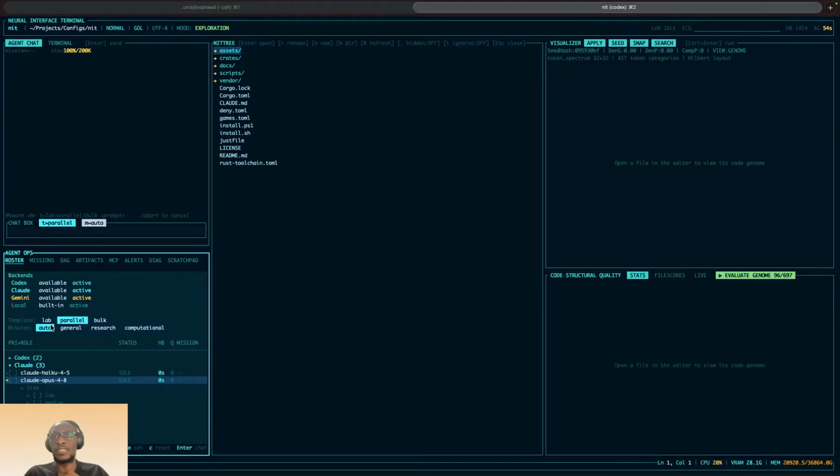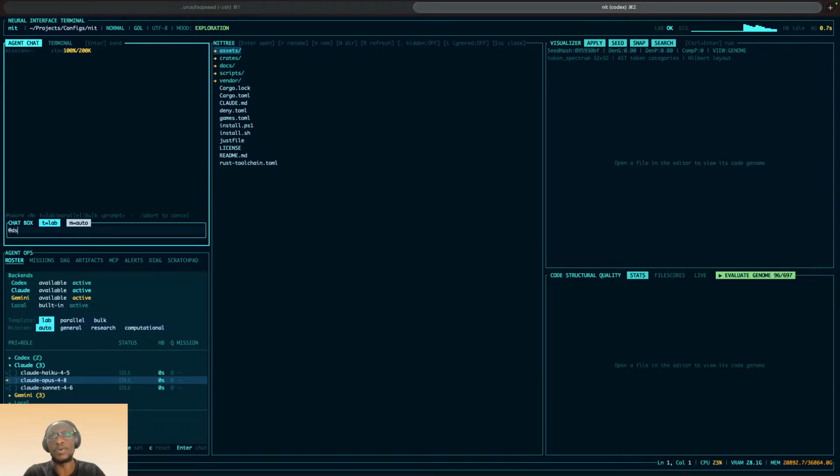These are the existing three or four missions. There's the general mission, or automatic, which just picks based on your prompt. But then you have research and computational research. If you are doing computational research or just general research, you can select either of these missions. For now, I'll just pick auto, and I'll pick lab. And what I'll say here is I would like to launch an example of